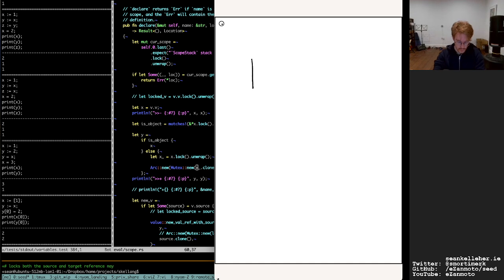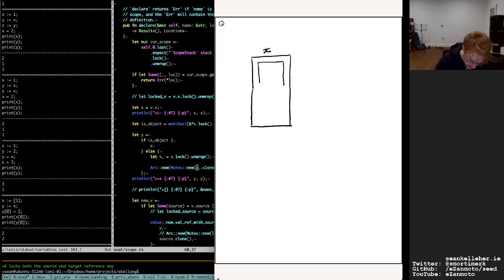So what appears to be happening is, if we consider X to be this, and it's got, for the sake of argument, we'll say 2 boxes just to make things a bit clearer. And then we assign X to Y, then what happens is